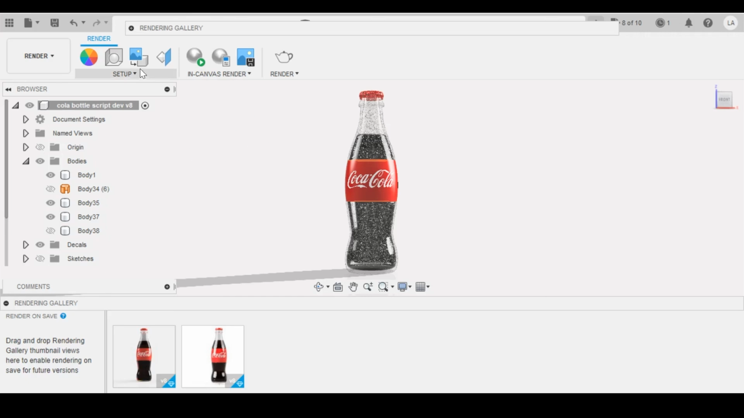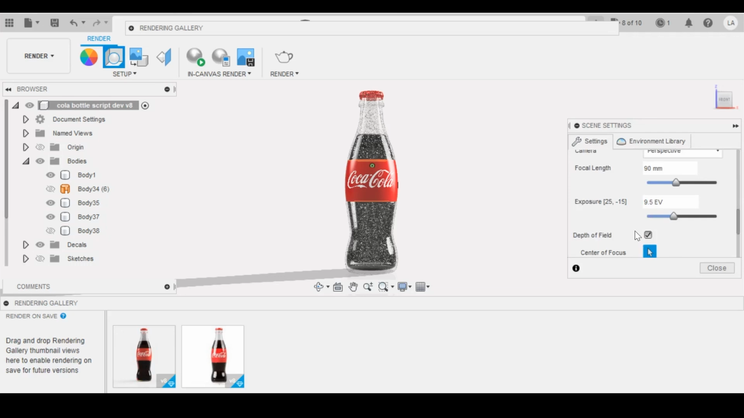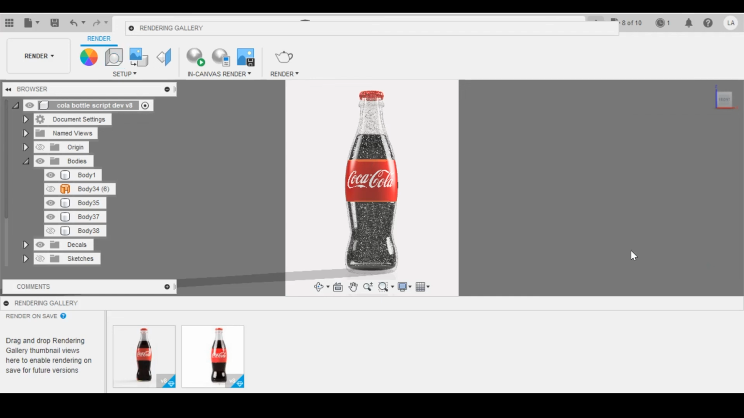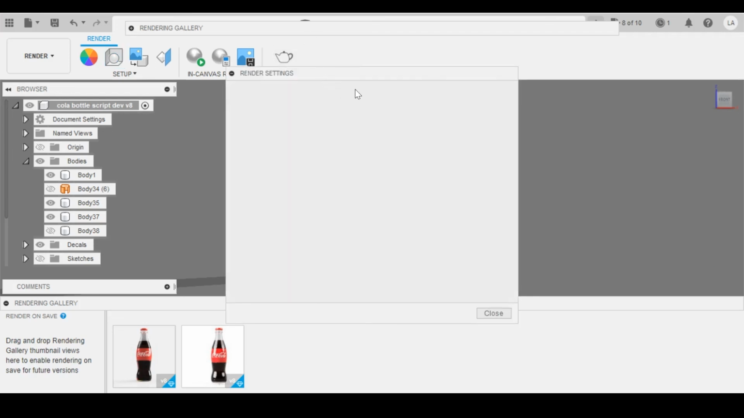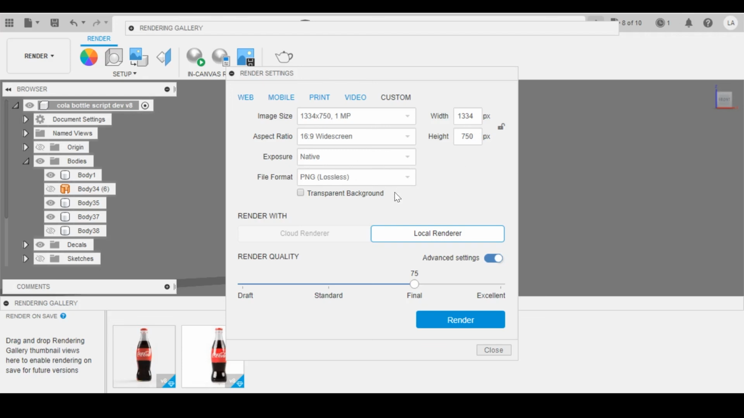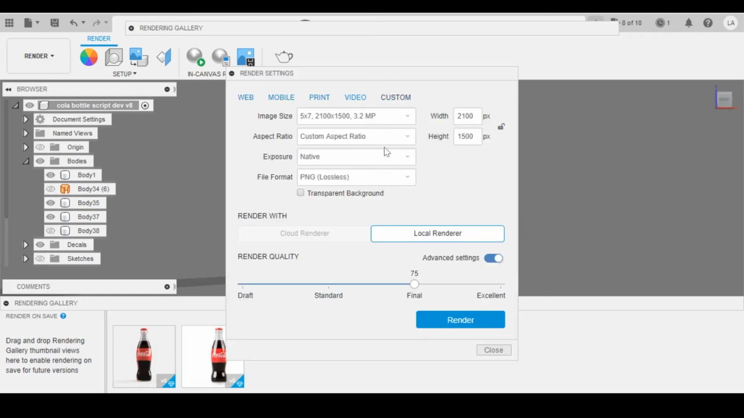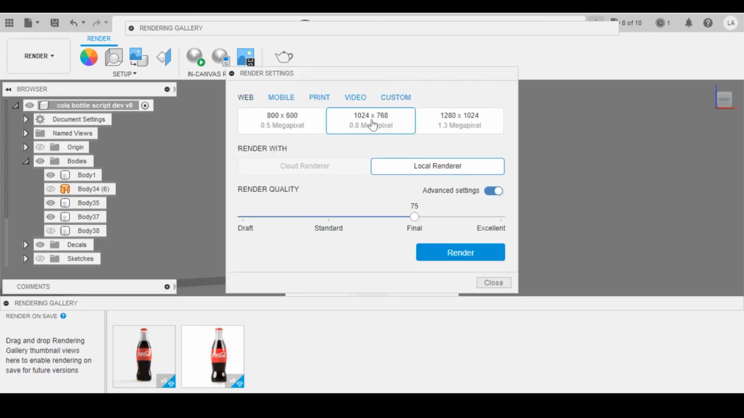So first thing, if we go to scene settings, and change the aspect ratio to portrait, and then click close, and go to the render tab here. Now there are various settings in here that you can choose. You can either go to custom, where you can select your aspect ratio, your width, your height, all that kind of stuff. Or you can do it via presets in here: web presets, mobile presets, or print presets. So if I change that to the web preset, 0.8 megapixel,